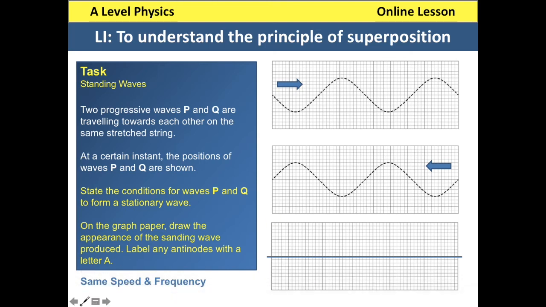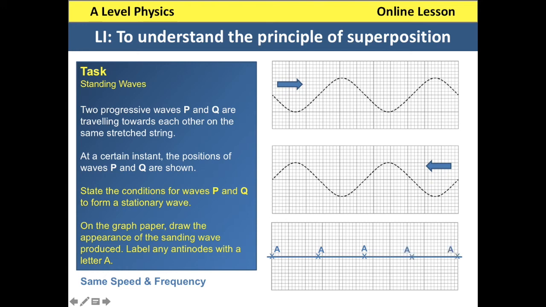So if I click us on, you can see there that here we would actually get an antinode forming. Now at this point here, we have perfect cancellation taking place. So that means that this will always be a node. But then if I look here, this point here, again, as this continues to move and this wave continues to move here, we'll have another antinode taking place there. A node would exist at this point, and then an antinode would exist here, and so on and so forth,